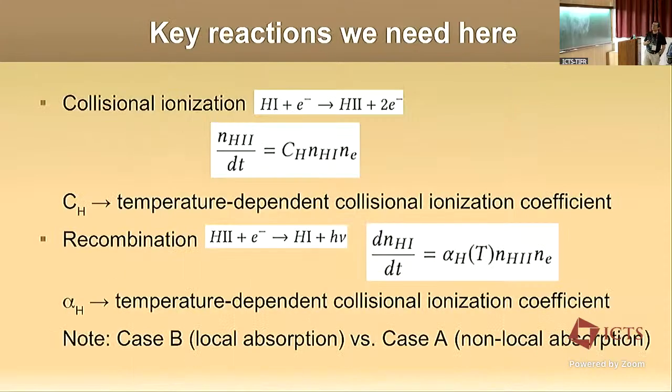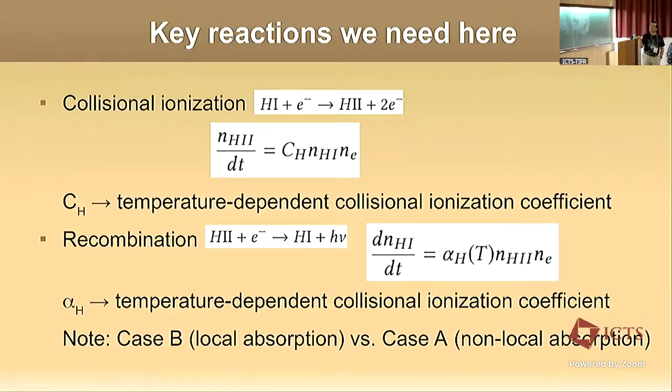Then there are some other reactions which you need to take into account. Collision ionization is similar to photoionization, but in this case you have a neutral atom being kicked by a free electron. And if the electron has enough energy, it can kick out another electron, so you get two electrons and an ionized hydrogen atom. This kind of process is again a two-body reaction because you need the electron and you need